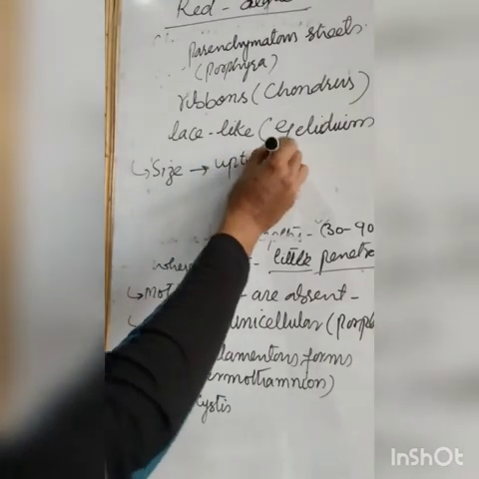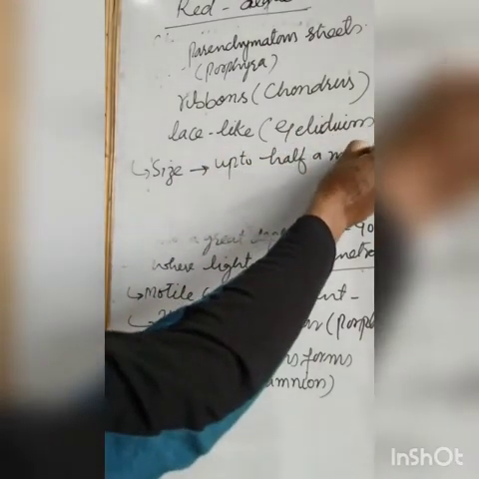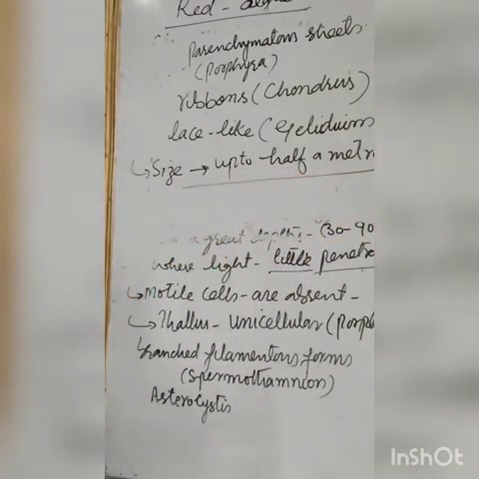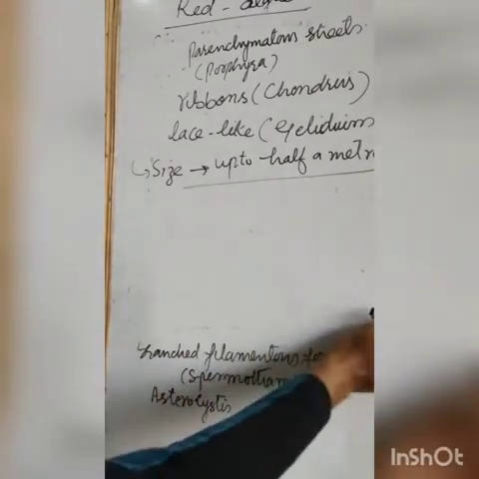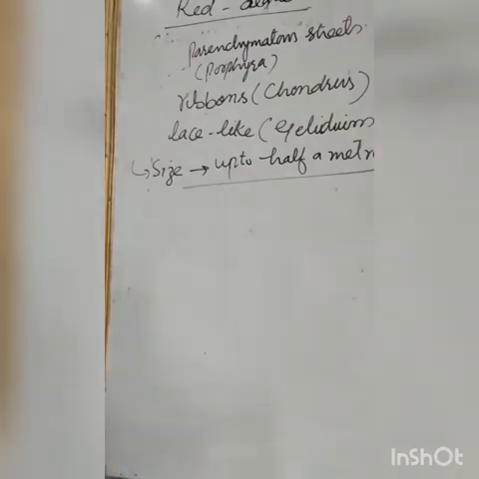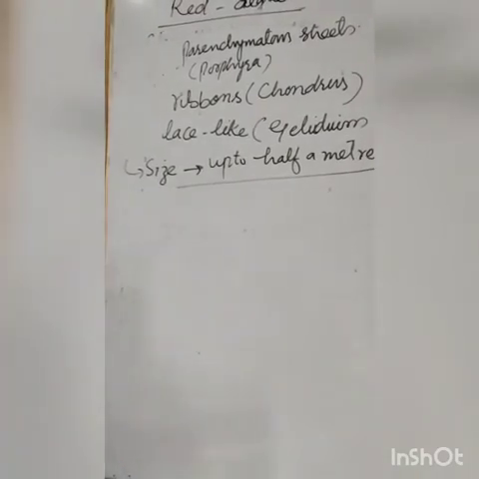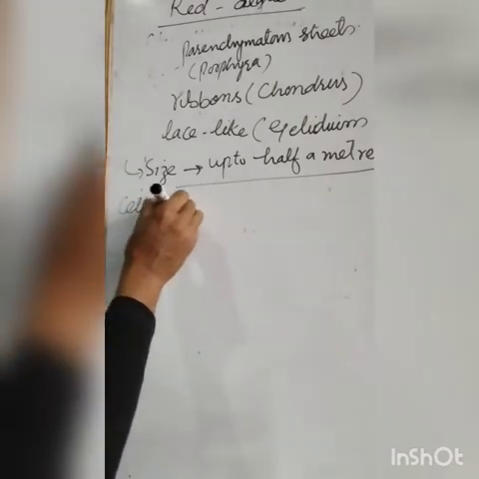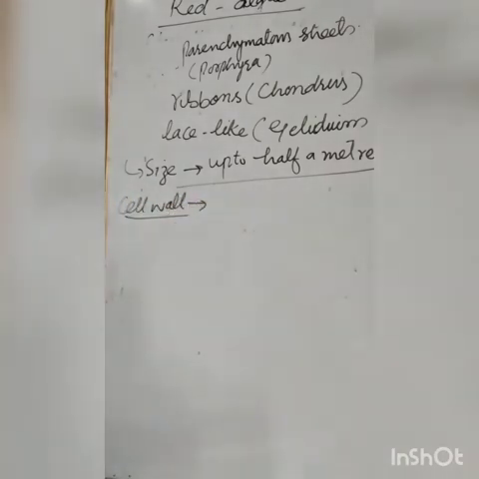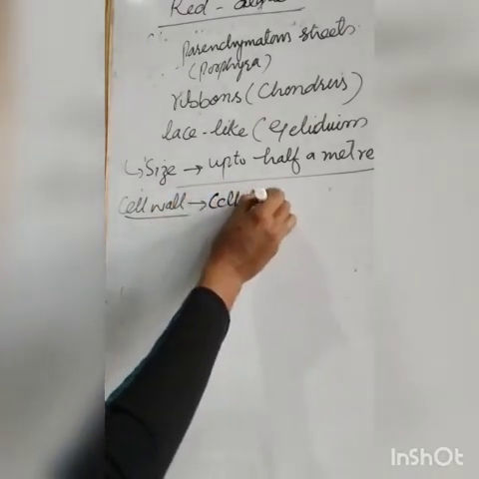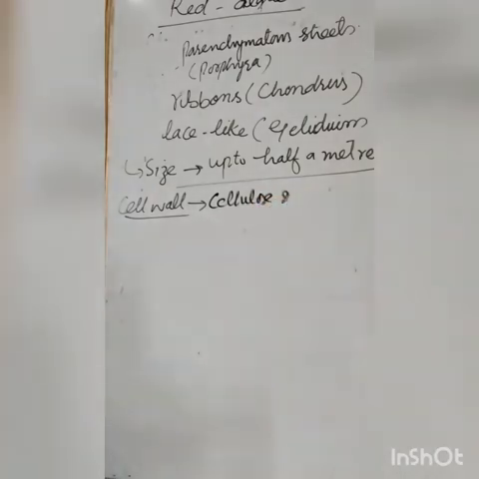The cell wall of the red algae contains cellulose and pectic substances, pectic compounds,